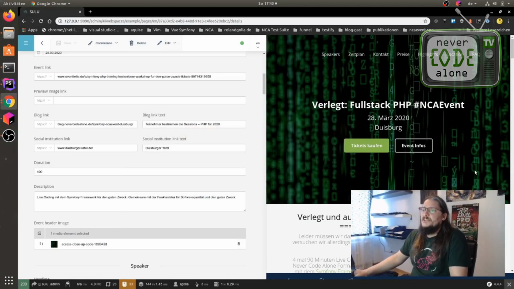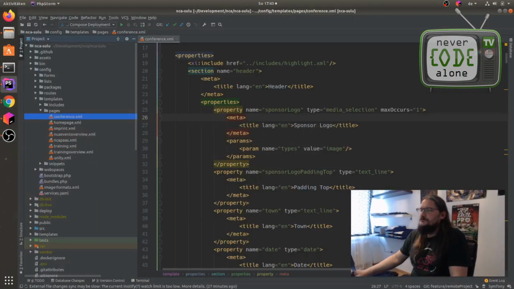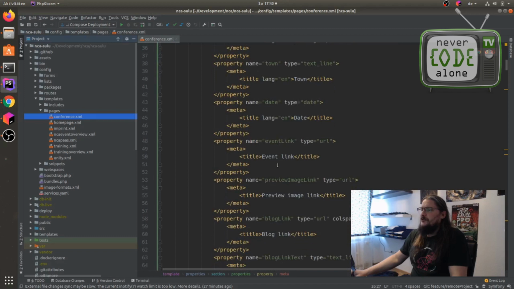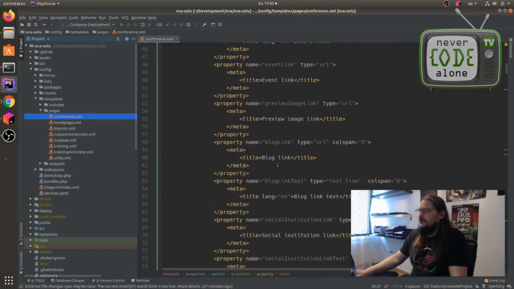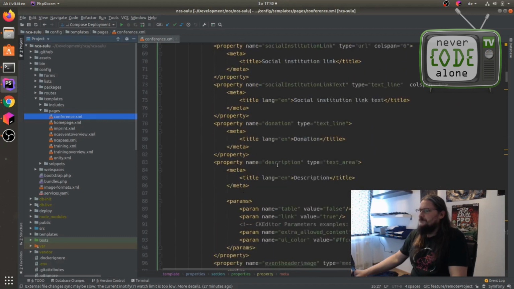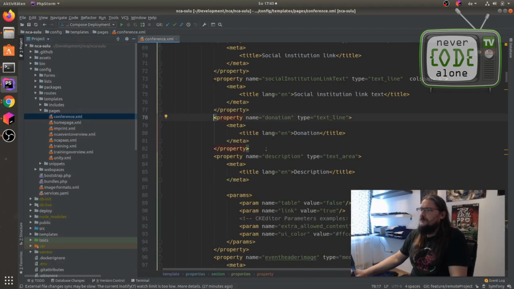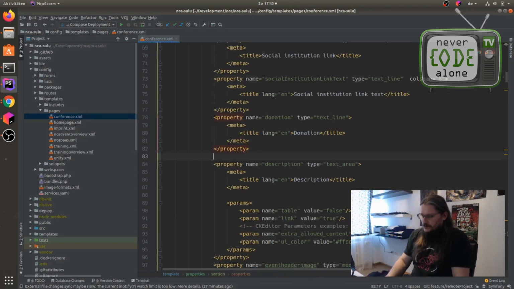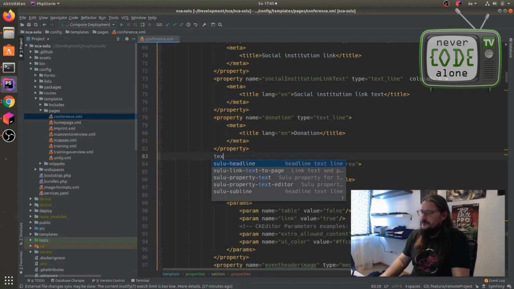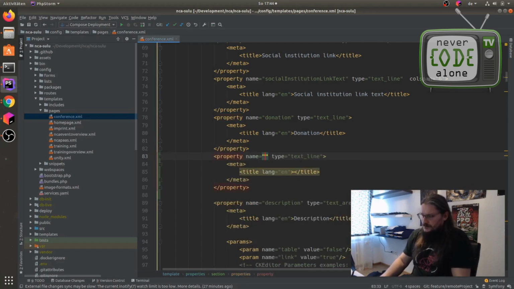So let's change to PHP Storm, and we have here somewhere our donation. Here's a donation, and I can say now here, let me add a text field for the optional price.